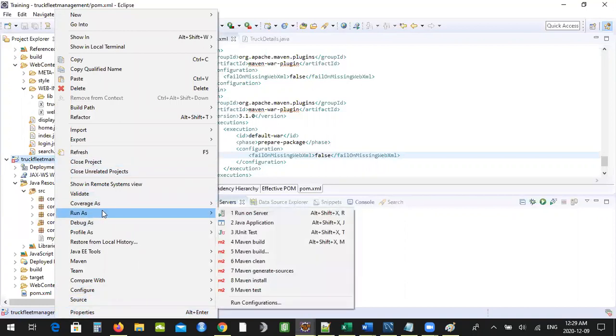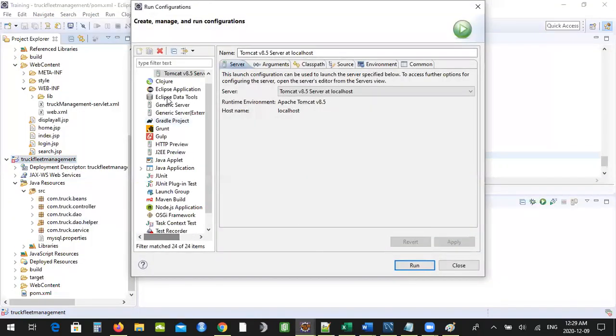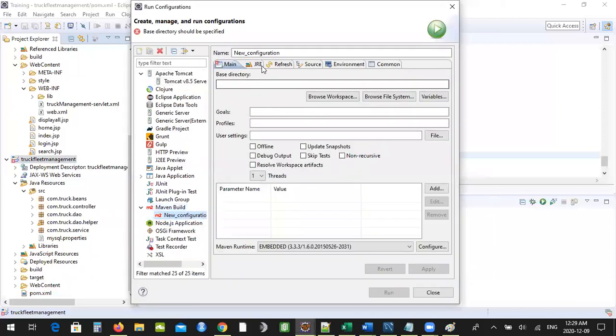Run as, you can go here, and I'm configuring some options. Okay, now that's a Maven build. It's a new option, new configuration. I will name it truck_management